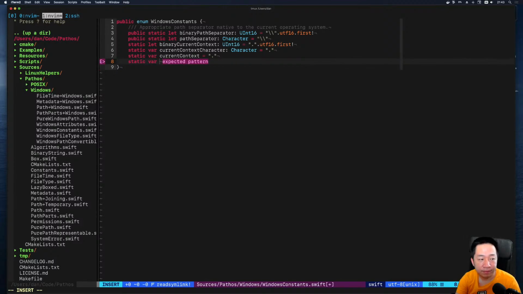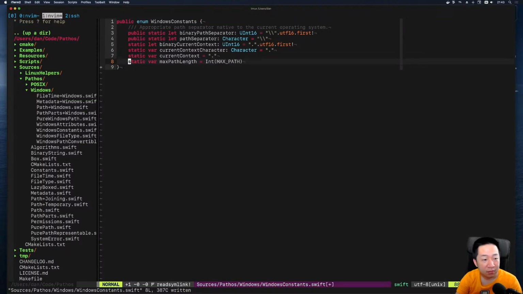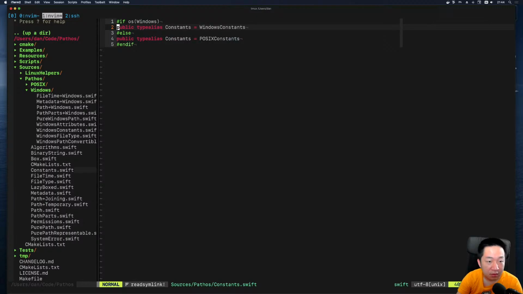var max path length is integer of max path. I think one of them is path max, the other one is max path. Okay, so this shouldn't be here. How about we just define it in this type alias thingy,